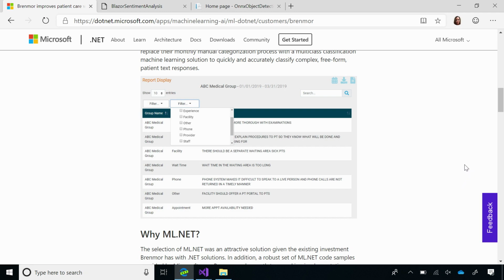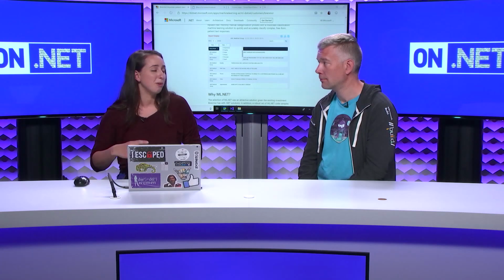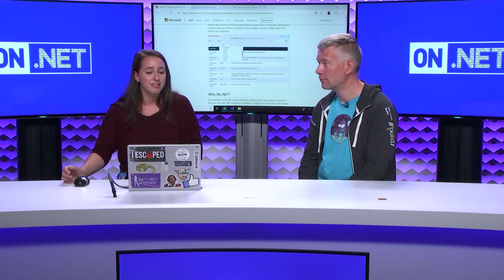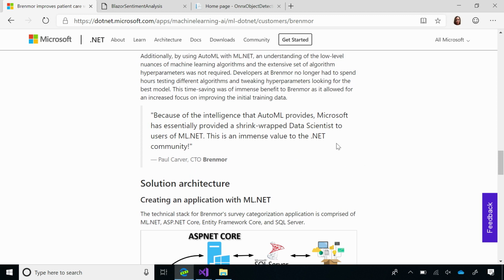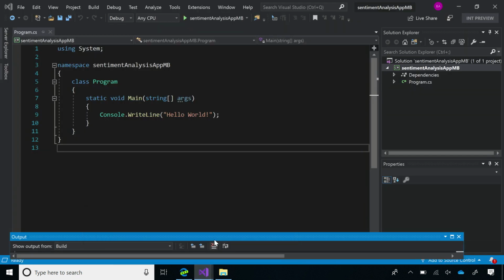Right, exactly. Well, that's actually the one that we have a sample of in our repo, using multi-class classification for GitHub issues. And one of their quotes here actually was, they mentioned AutoML, which I haven't talked about yet, and I want to get into that a little bit, but they used one of our new tools called Model Builder that uses AutoML, or automated machine learning. And what that is, it essentially generates a model for you based on your data and your task. And I'll show you with the sentiment analysis one right here.